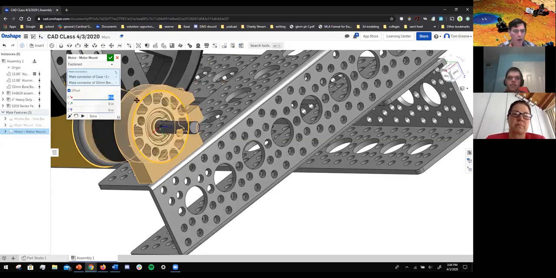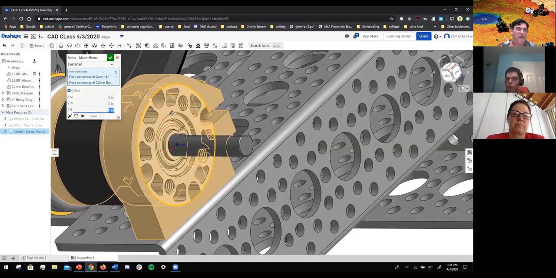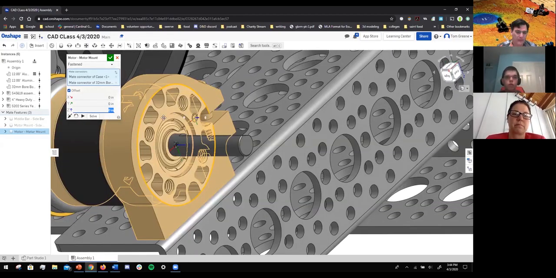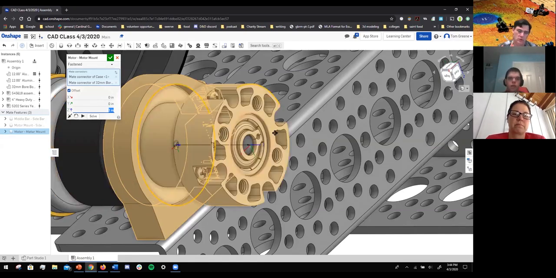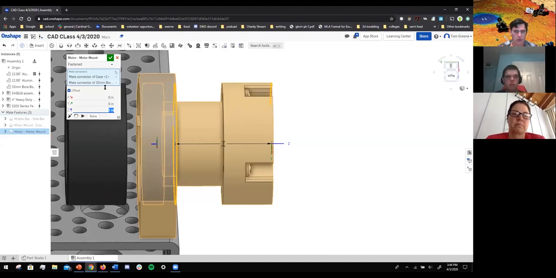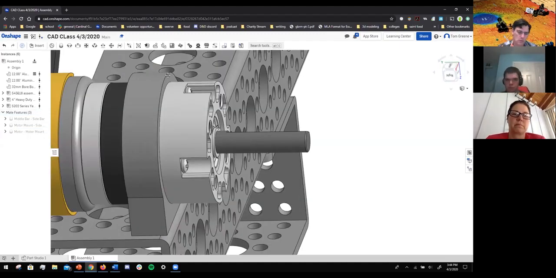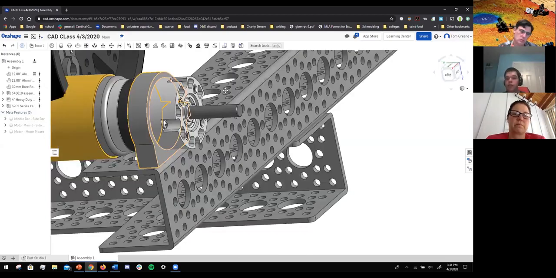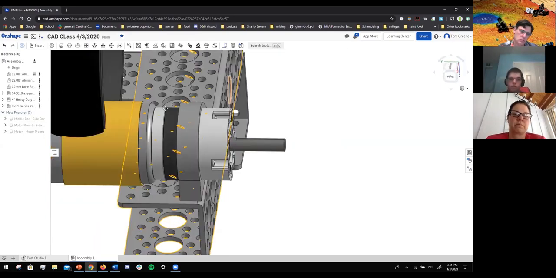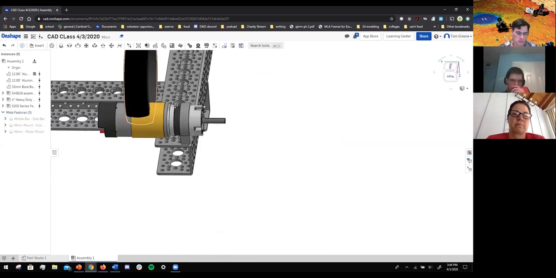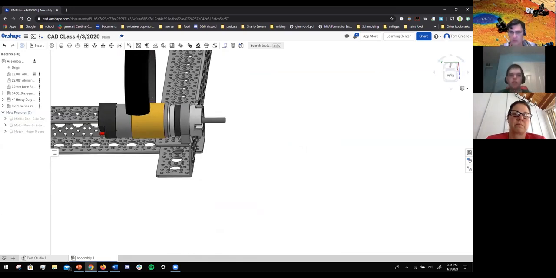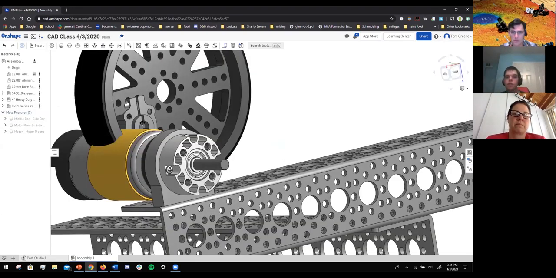Now the z-axis, again, is mostly in and out of a hole. So to move it out, I'm just going to say, I want to move it out 1 inch. Now that looks like a little bit too far, so let's just reduce it down to 0.5. There we go. I'm going to hit check. And now it's moved out by 1/2 inch, and it's not so stuck out this way. Excuse me. And so the next thing we need to do is you need to put this hub on this